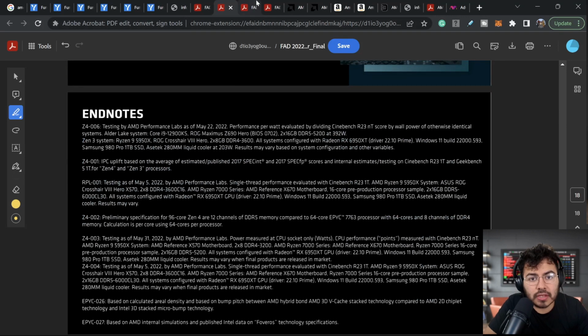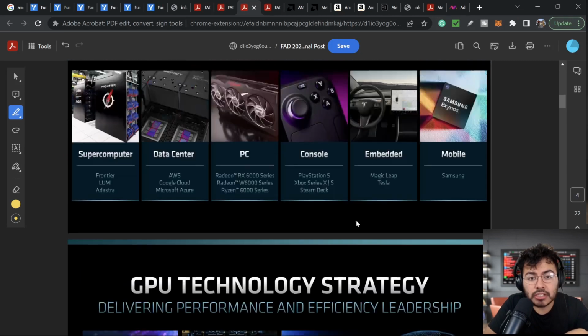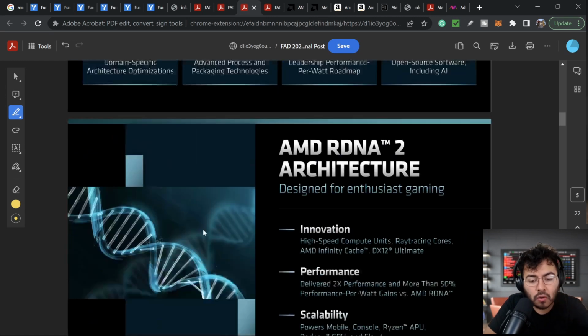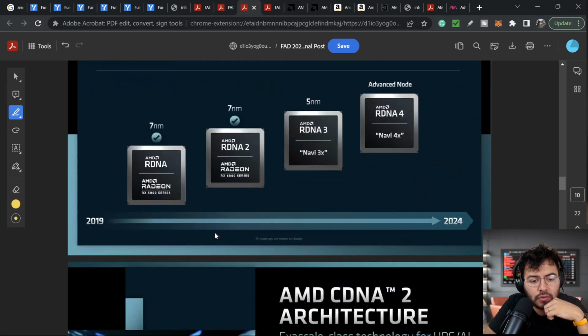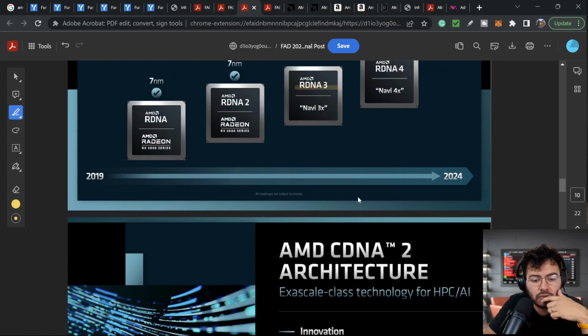So next, the other slide I wanted to take a closer look at is AMD's GPU market. In the GPU market, like I mentioned, they're used in two main areas: the gaming market, and the data center market, which is pretty much supercomputers. If we take a closer look, I want to scroll down to their architecture. For the gaming market, they have what is called the RDNA architecture. Right now we are sitting at 5 nanometers, so AMD is in RDNA 3. RDNA 4 is expected to come out maybe a year or 2 years from now.